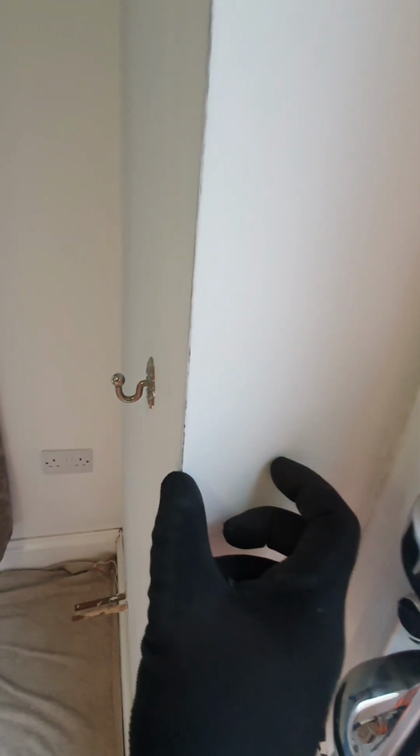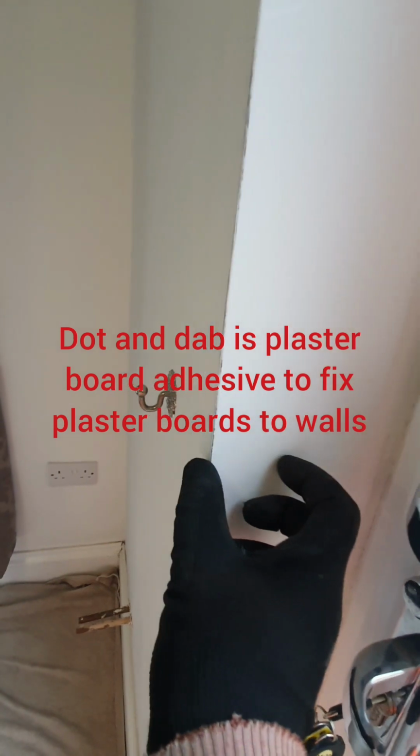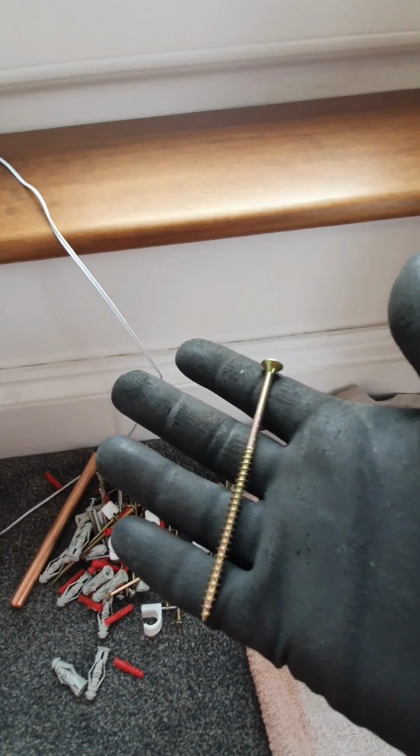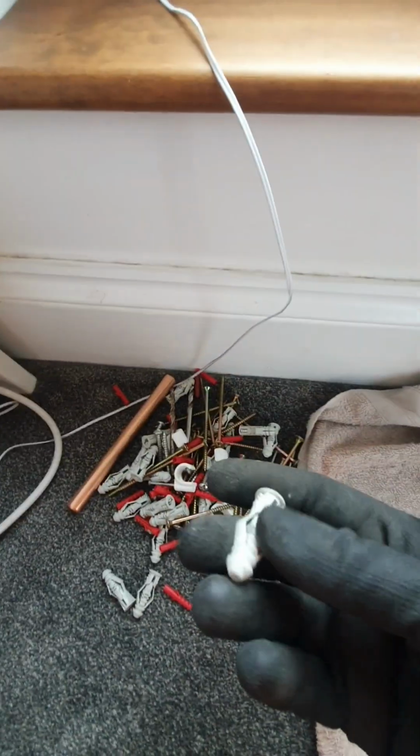But this is an external wall, so here we've dot and dabbed the walls with the insulated boards, so I'm going to have to use some pretty hefty screws to pierce through this, the insulation, the plasterboard adhesive, and try and get into the brickwork behind. So probably going to be using the 100mm 4-inch screws, but we'll see how we go. I've got some other types of fixings and bits and bobs, so let's go and have a look at the